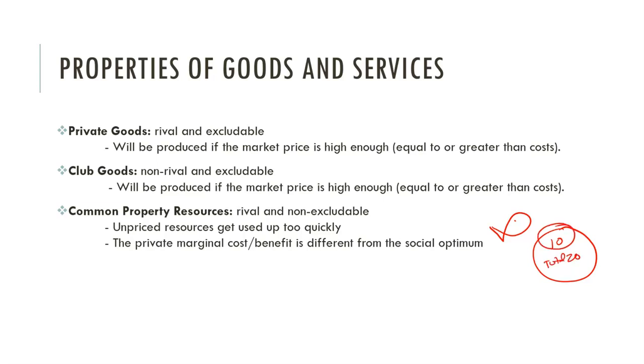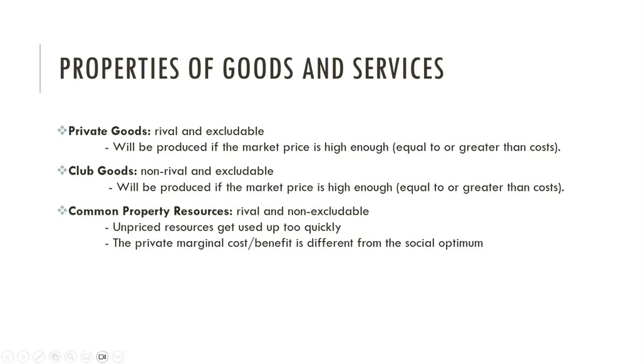And if we take out more than 10 fish, there won't be any fish next year. So we have to leave at least half of them in. Well, the problem is if you are there and you're like, well, 10 fish are already gone, do I take out fish number 11? And if there's no restrictions, you might say, yes, I'm going to take it out, because if I leave it in there, someone else is just going to take it out tomorrow. And all of our fish are going to get used up anyway, and I'm just not going to benefit from it. So when we have these non-excludable resources, it gets tricky because